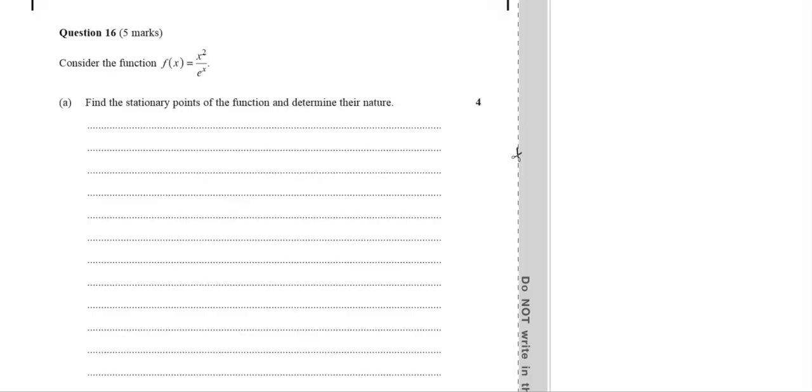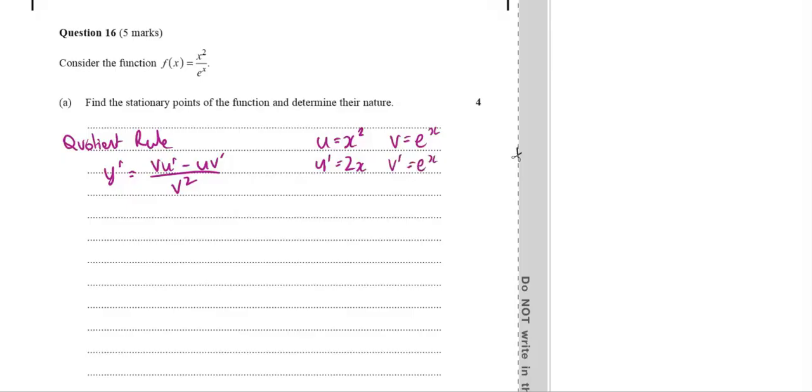Okay, first of all, we're going to recognise the structure of this function and the fact that we're going to need to use the quotient rule. y dash equals v du dx minus u dv dx all over v squared. In this case, u equals x squared and v equals e to the x. So u dash is 2x and v dash is e to the x. So substituting that in, e to the x all squared, e to the x times 2x minus x squared e